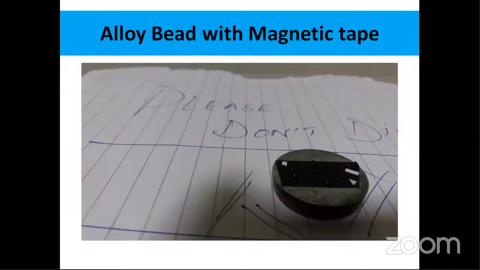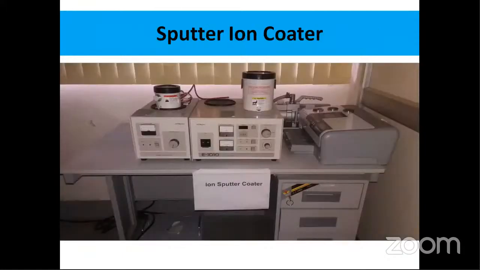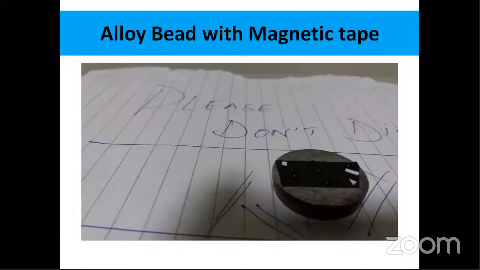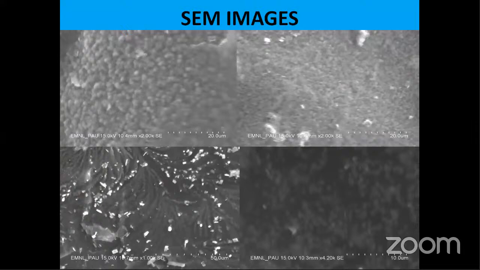Here is the bead. We have the droplets of nanoparticle solutions, and to make this solution conducting, we have to add a carbon film with the help of this ion sputter. This was basically a carbon ion sputter. Basically, gold is very costly, so we preferred to have carbon ion sputter. This is basically SEM images of the nano fertilizers. First one is of basic CSPMA, then second one with nitrogen, third one with phosphorus, and fourth one with potassium.